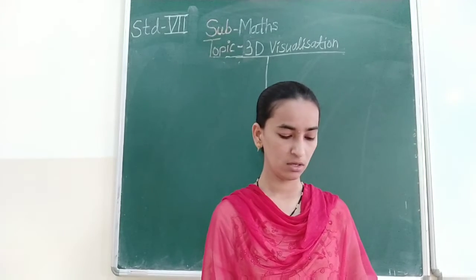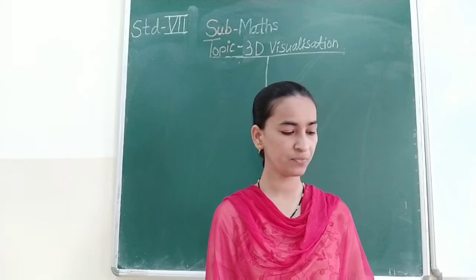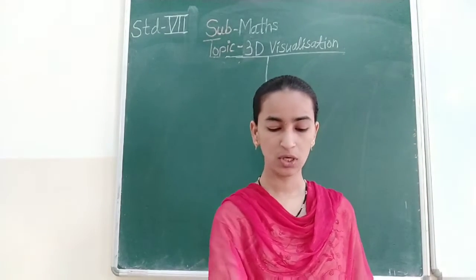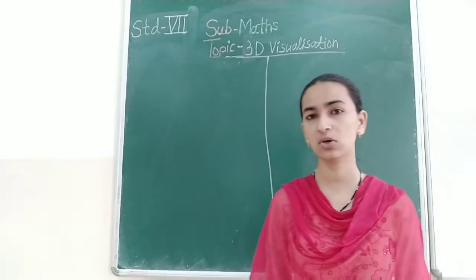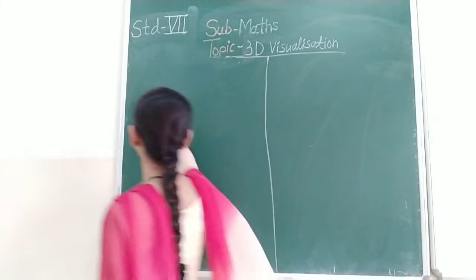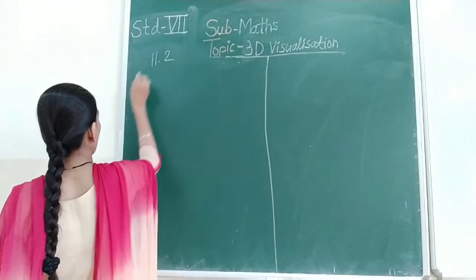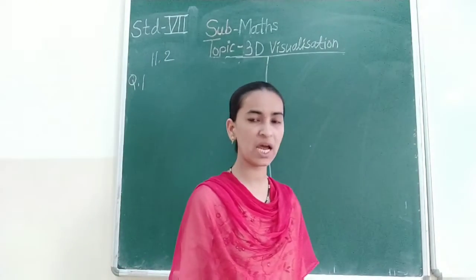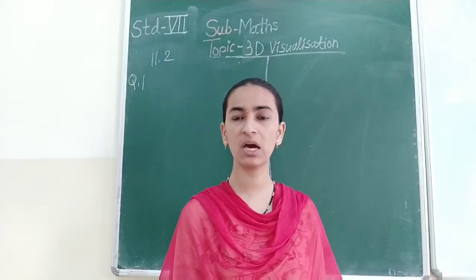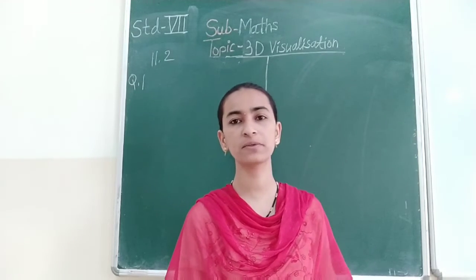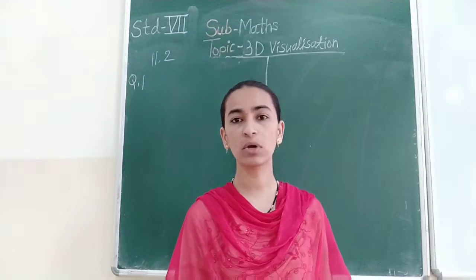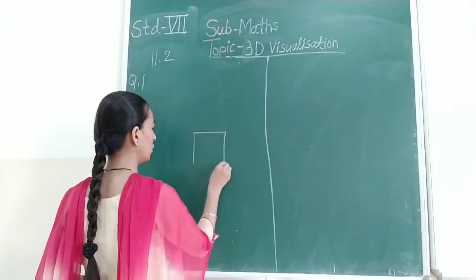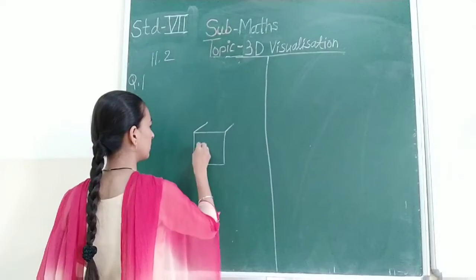Okay students, now in today's video we are going to take our exercise 11.2. In that we just have to see the question and find the answer. Question number 1 is identify the shadow. In our previous video we learned this: how the shadow of some objects looks when we see an object. If an object is a cube, how does it look?